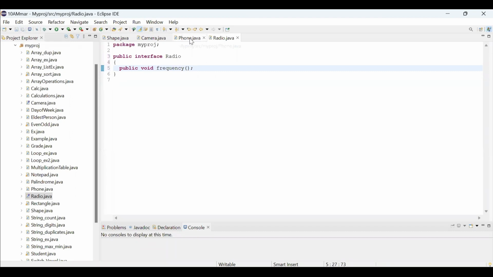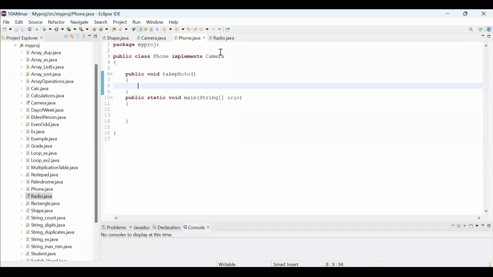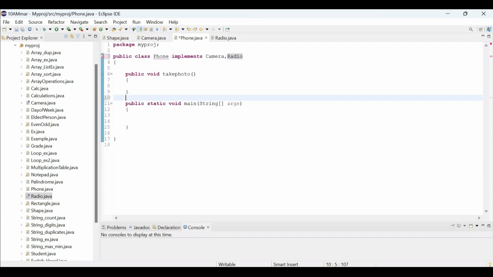Now I have to inherit from radio also. You can see: implements Camera, Radio. My radio method we also have to implement, right? We have to define the override. Yes, sir. Public void